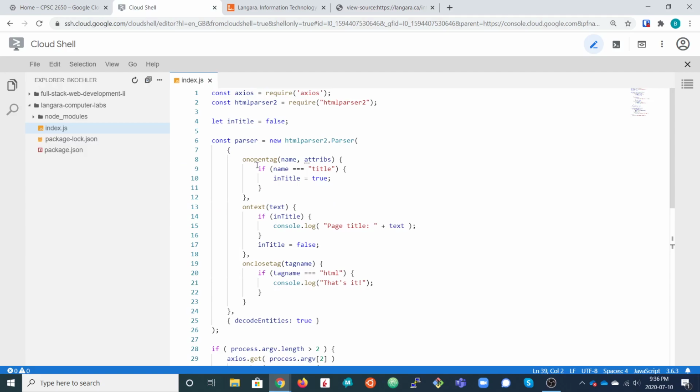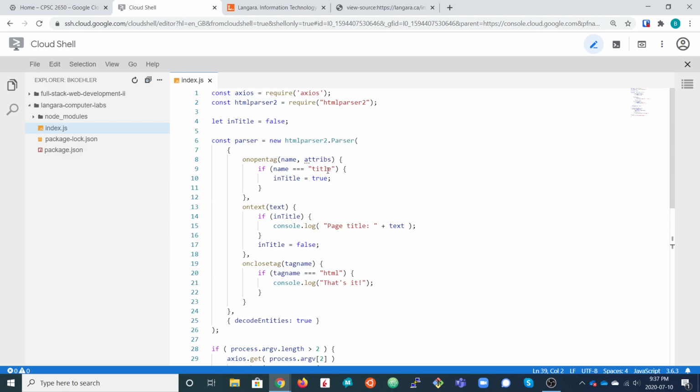This on open tag event handler is going to be called many, many times. It comes with two parameters: the name of the tag and also all the attributes that were present on the opening tag. In the case of the title element, we're really only interested in checking that the name is equal to title. So we're not going to be interested in the HTML or the meta element or the head element, any of that stuff.